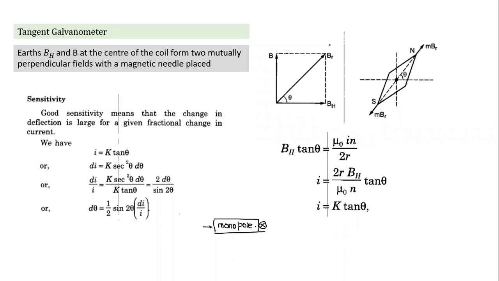Anvita, have you been following so far? Yes, sir. See, one thing you have to understand is that this is a revision of what we had done. Only the notation has changed. Rest is all the same. Hemant? Yes, sir. Okay, so I think all of you go through that, and if anybody has any query, we can take it now. As far as the teaching part is concerned, this is what I wanted to do today. Tomorrow I'll do a small topic on the tangent galvanometer, and then we go to magnetic properties of matter. Any questions anyone has?